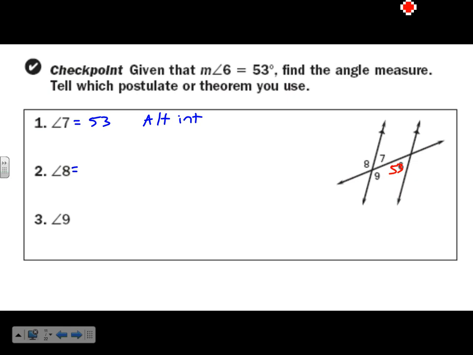Angle 8. So angle 8 is, again, where you can't really do it directly from angle 6. So the way I would do it is we just found that angle 7 was 53. And so that means it's 180 minus 53 is 127. So angle 8 is 127. And I know that because, and I'm going to say alternate interior for 7,